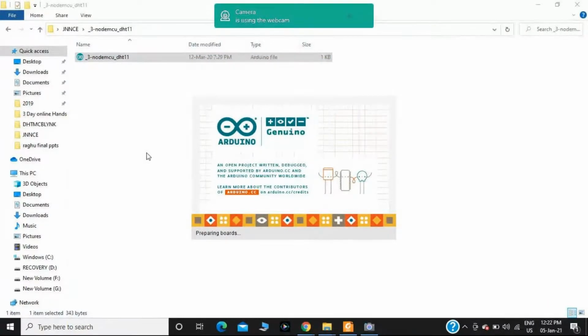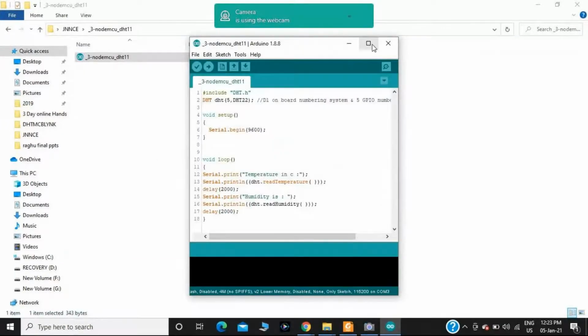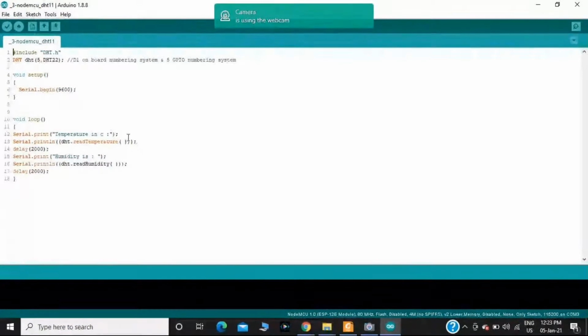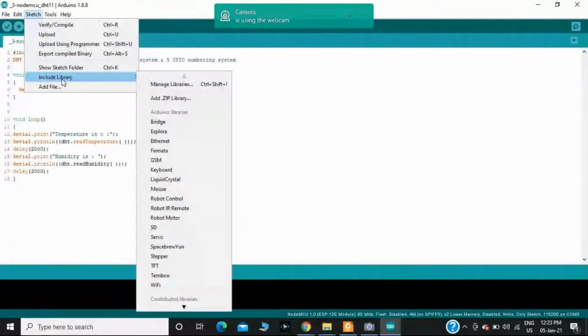In this example, with the help of a DHT22 sensor, I am going to measure two important parameters: the first one, temperature; the second one, humidity. Okay, how do you install the library in the Arduino IDE? As you know, first go to Sketch, then go to Include Library, and in Include Library click on Add .ZIP Library.